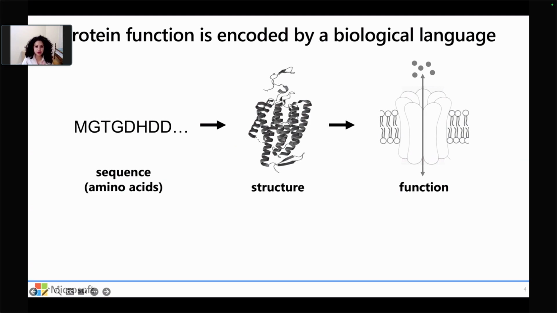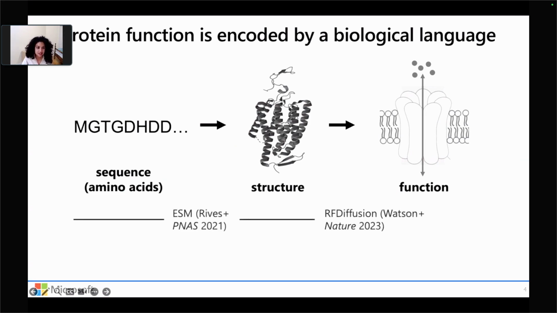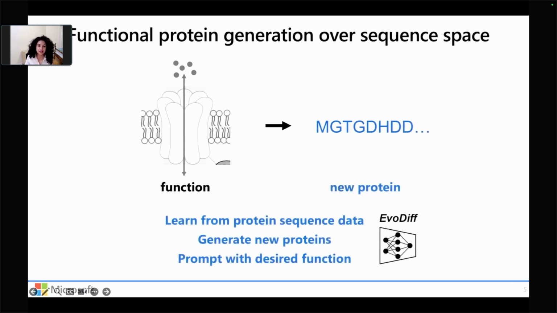And as we know, there's been tremendous research in this space that tackles parts of this process from a computational perspective, building AI models of representing sequences, or building models that can generate new structures, or the development of tools like AlphaFold that predict structure from sequence. Our goal in this work was really to turn this paradigm on its head, with the vision of going from a desired function to a new protein sequence that could then be synthesized, tested, and used.